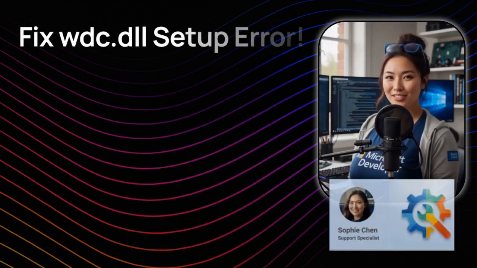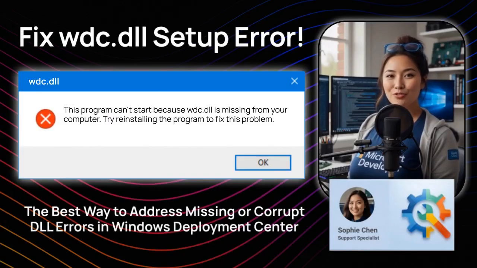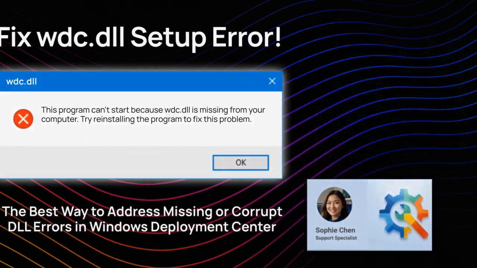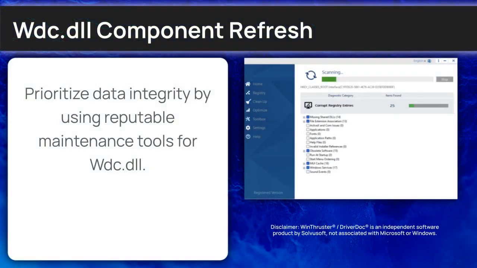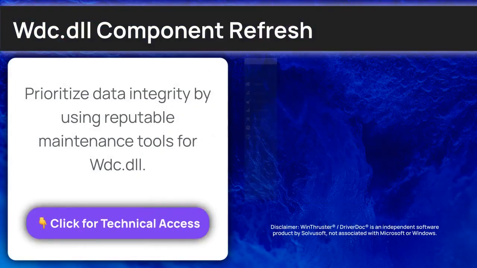Are you being annoyed by the Wdc Library DLL error causing system instability? I'm Sophie Chen, a senior Windows support engineer, and I'll walk you through the diagnostic steps to fix your execution path. Before we walk through the Wdc library troubleshooting, you can access a utility focused on providing a clean system